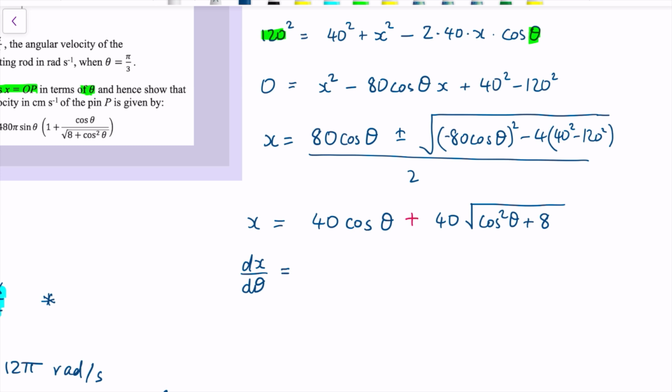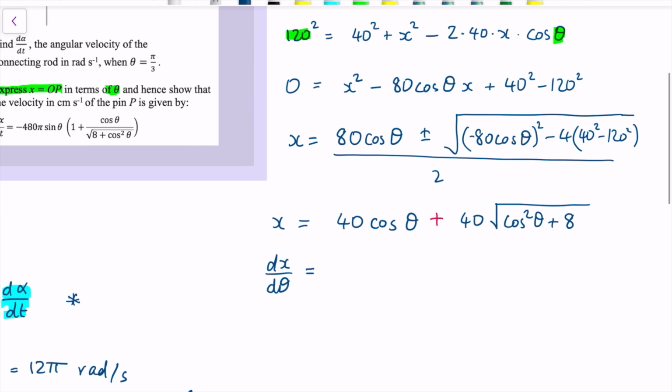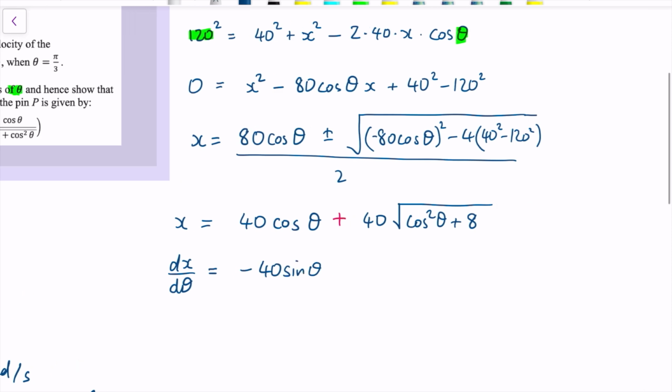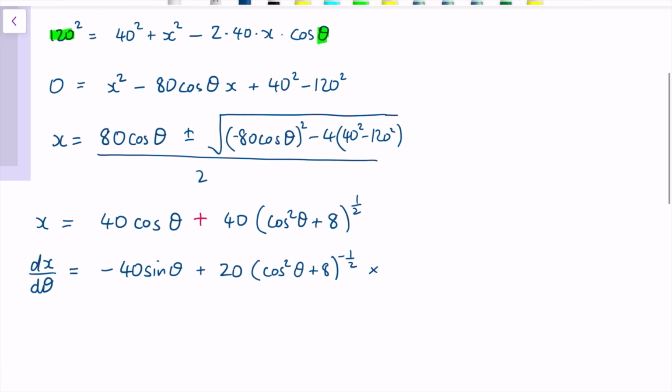And then dx d theta is the derivative that they wanted. So we've got 40 cosine theta differentiating to minus 40 sine theta, and then we've got to use chain rule for this part. Turn the square root into a power of a half, and differentiate the outer function. The half comes down the front, halves the 40, cos squared theta plus 8 to the power of negative 1/2,